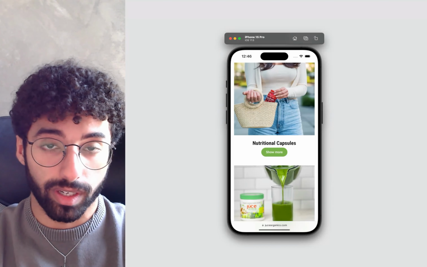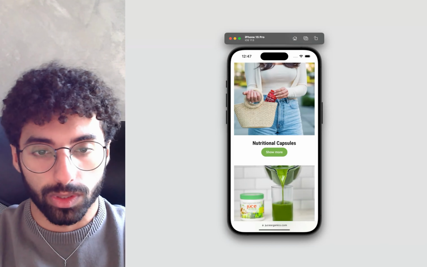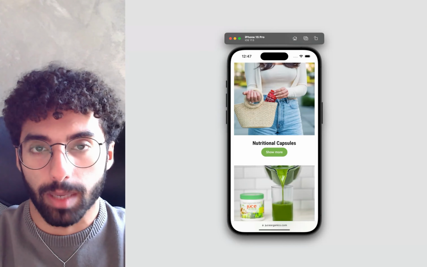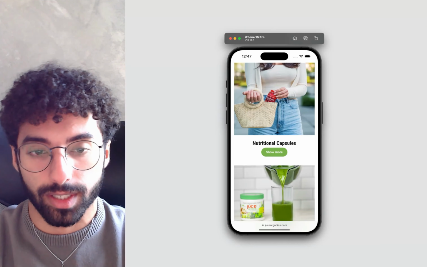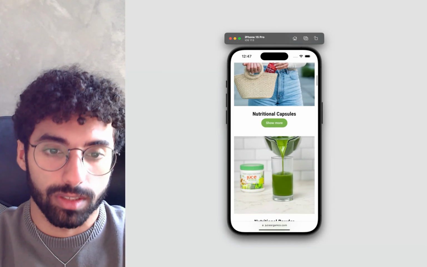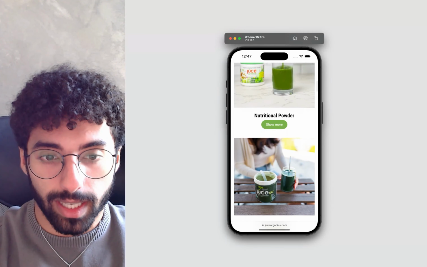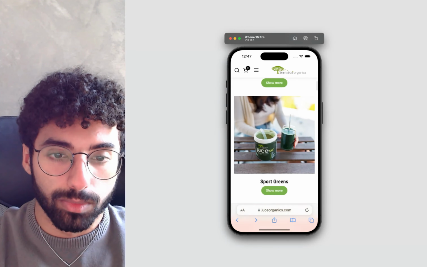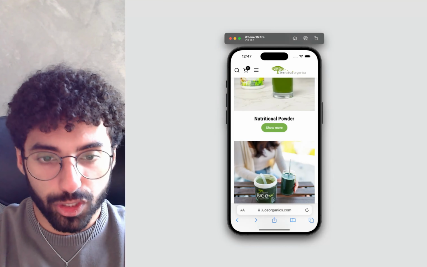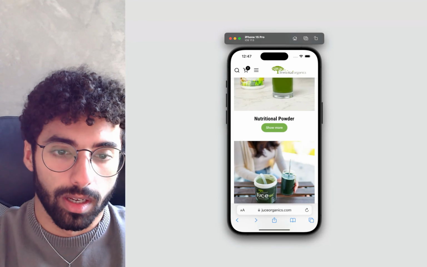That works very well for fashion, for example, since they sell a lot of SKUs. Separating them in collections in that case works very well, but since in this case we have at most 3 to 5 SKUs, I'd probably just showcase the actual products here with call to